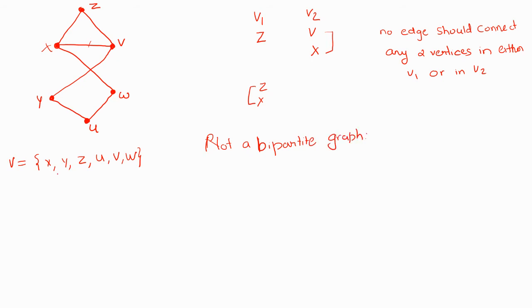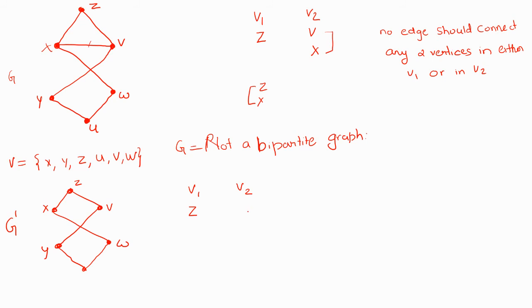Now, if there wasn't an edge between these, suppose our graph was like this, we draw it. Again, the set of vertices is the same. The only thing is that I have removed this one edge. That is the difference between this G and G. Okay, and this is my graph G dash. Now let's see whether I can make the two partitions of these vertices. So I'll start with Z.